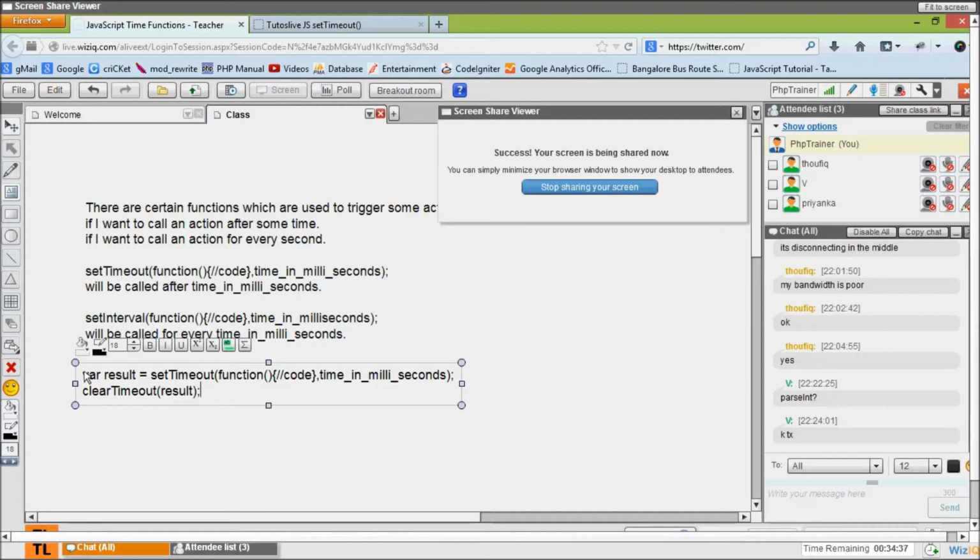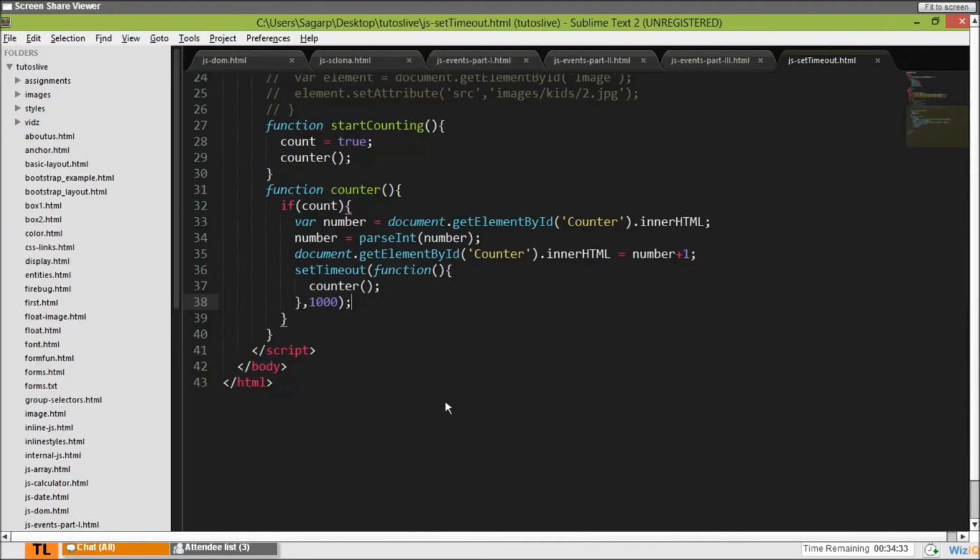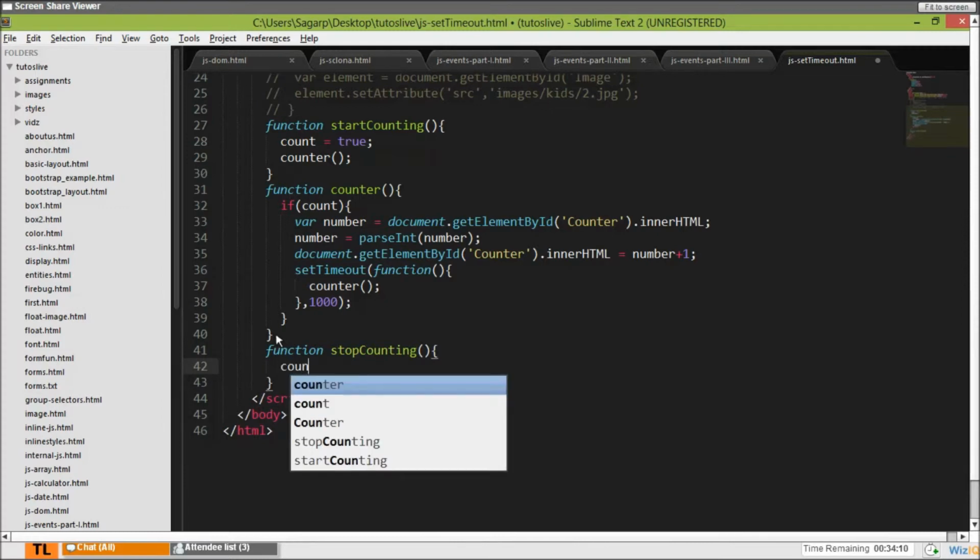So as soon as I say stop, it has to stop it. So for that, we have a function out there, stop counting, right? As soon as I press this button stop, it has to call this function. So all this has to do is set the count to false.